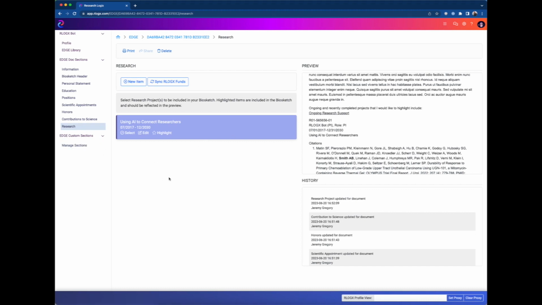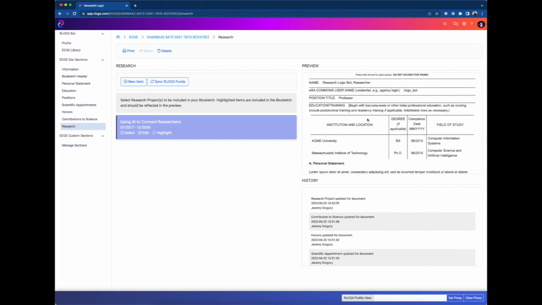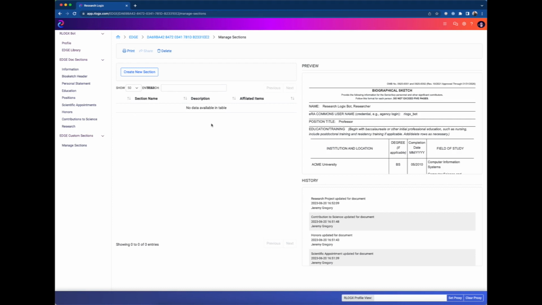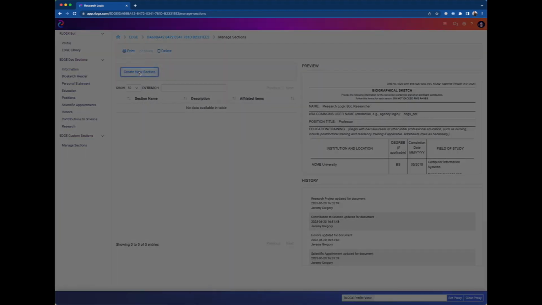Now, in the event that there is a section that you would like to include that's not necessarily a part of the NIH Biosketch, if you wanted to showcase maybe some lectures and presentations or some other achievements, we have a section called Edge Custom Sections, and this is going to be a way for you to create a section specifically for you that you would like to include in your Biosketch. To create a new section, you are going to click Manage Sections. And so to add a brand new section, just click Create New Section,